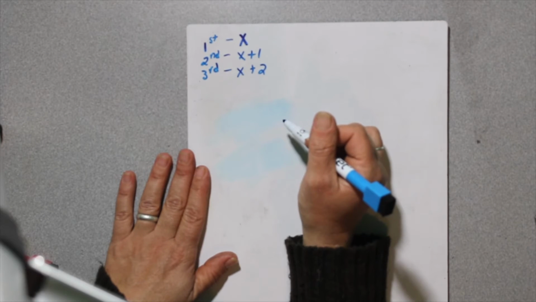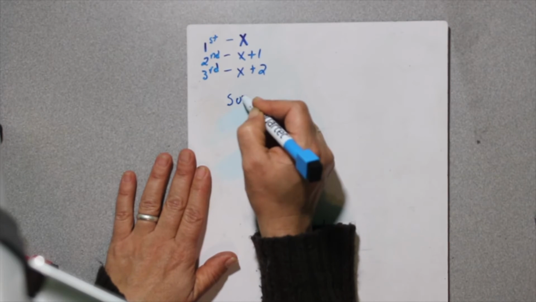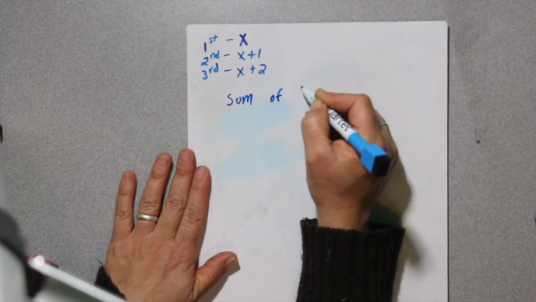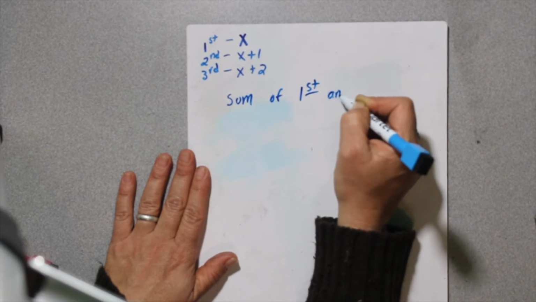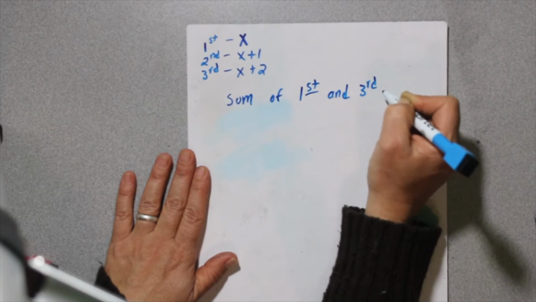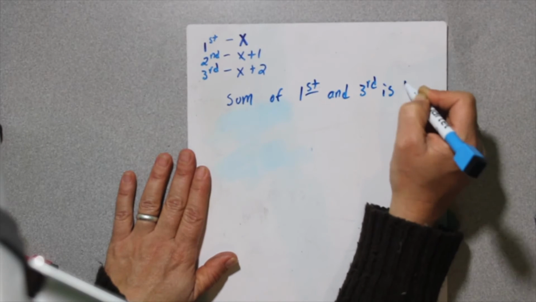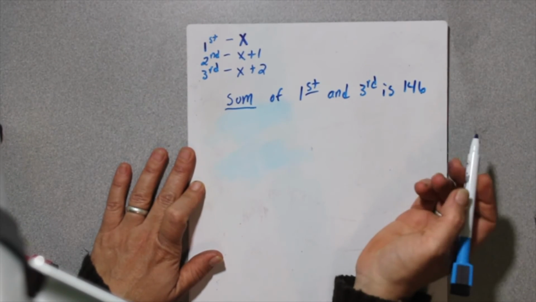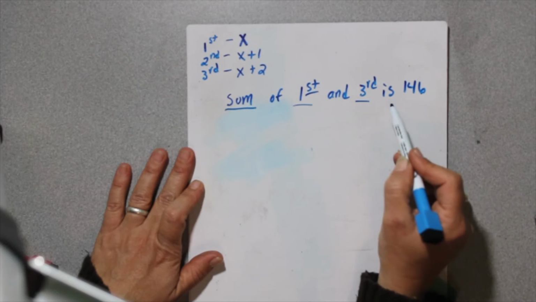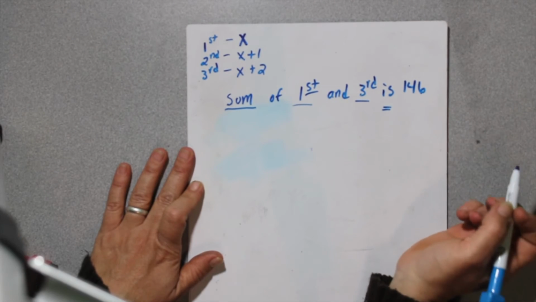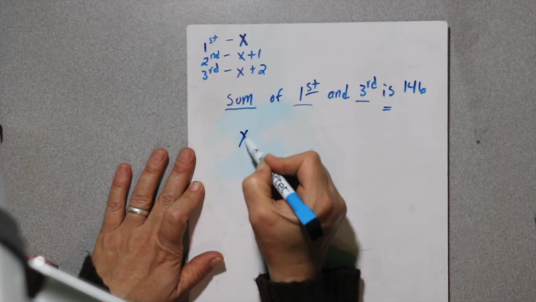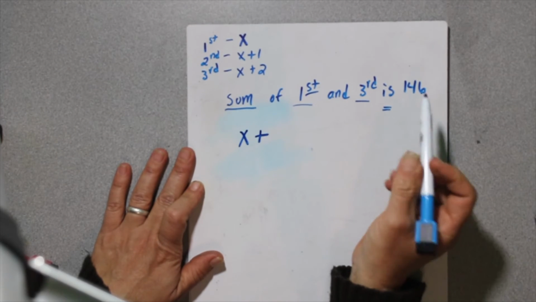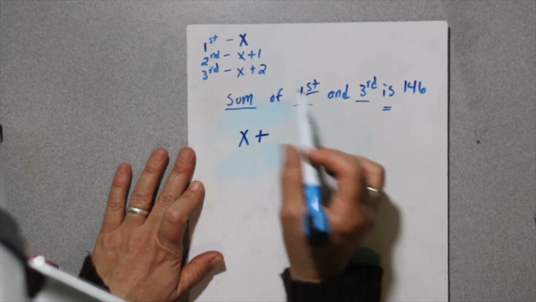All right, so then we have to make an equation out of that. So find 3 consecutive integers such that the sum of the first and the third is 146. So we're going to have to turn that into an equation. Sum tells us we're going to have to add the first and the third, and then that it's going to equal 146. So the first is x plus the third, so plus, and then the third is x plus 2